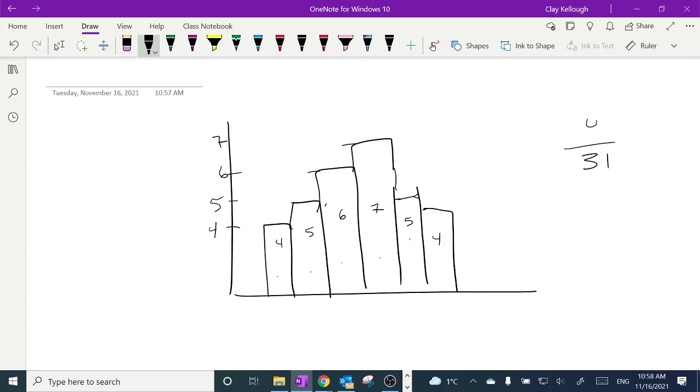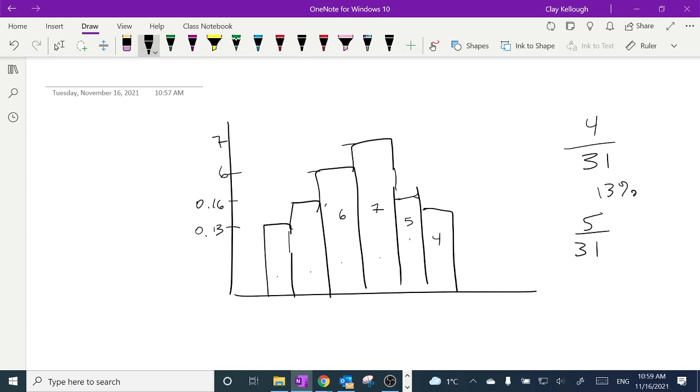And 4 out of 31, let's do a quick calculation on that. 4 divided by 31 is 12.9, or let's just round it to 13% of the data. So this bar actually becomes that high. It doesn't change its shape any. And then this bar, which used to be 5 points, is 5/31 of the data. 5 divided by 31 is